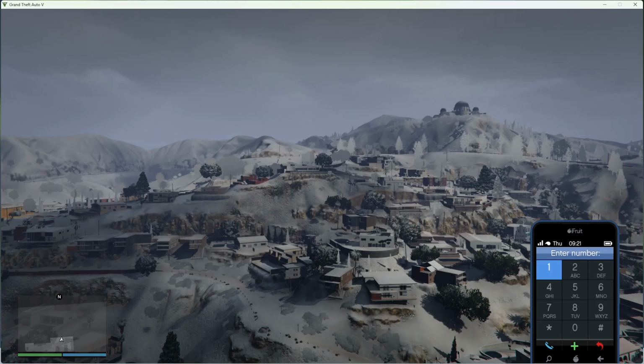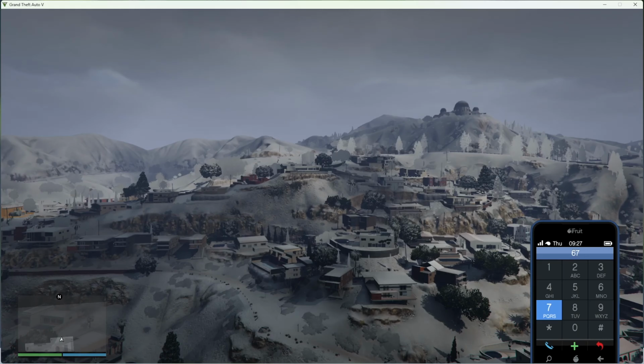You could find a list of GTA 5 cheat phone numbers online. So I definitely recommend checking those out. And essentially, just type in whatever number it might be for that cheat code. And once you have typed in that number, press square or X if you're on controller or spacebar on PC